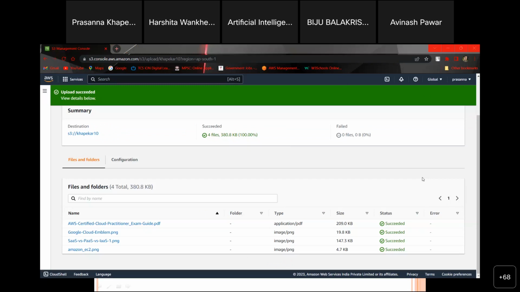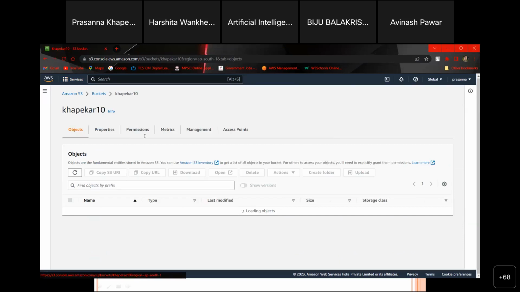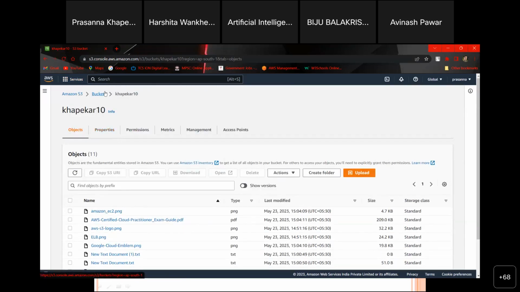It will take time. For the data which is already present in the bucket and we replicate them, it will take time. If we put the latest data inside the bucket and check the another bucket,